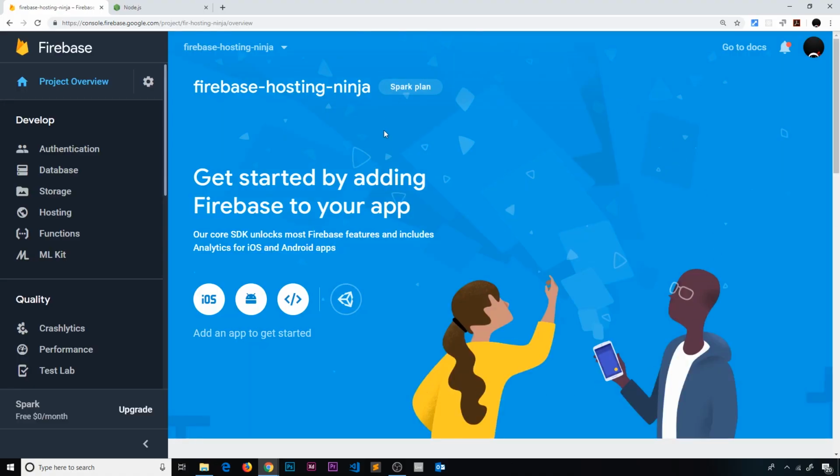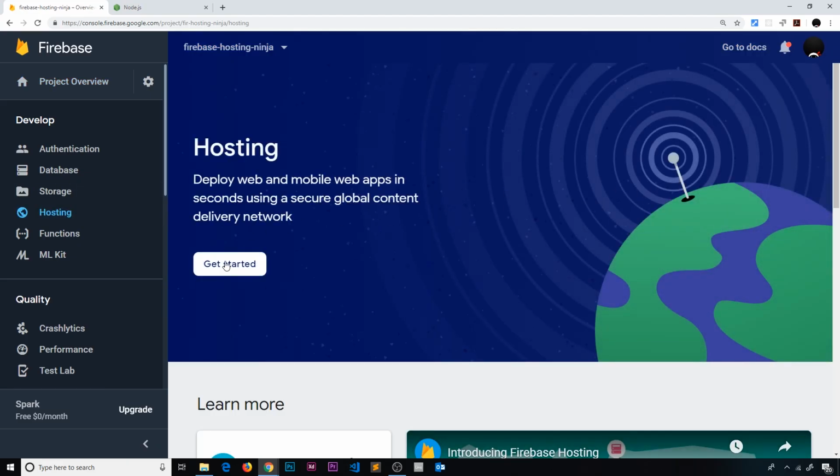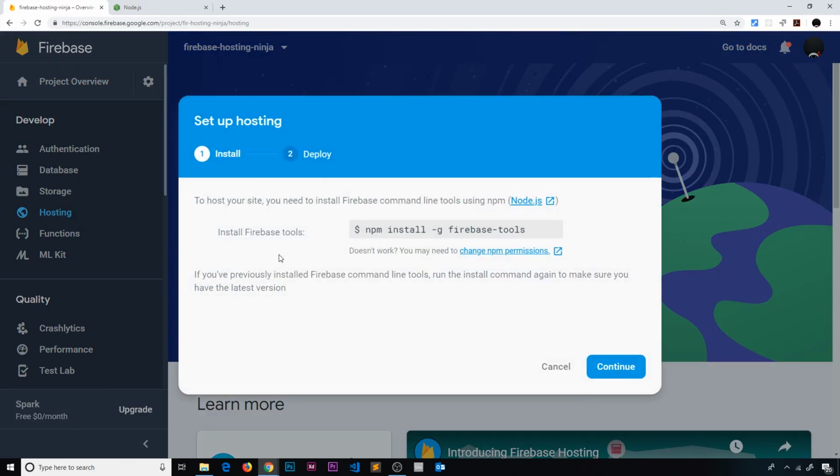And this right here, this is essentially the control panel now for the whole backend of your application. So you can see we have access to these different services over here: authentication, database, storage, hosting, functions, ML-kit, etc. and some more stuff down here. We're going to be focusing on hosting because we want to host our websites on Firebase. So click on hosting, and then after a second, if you click on get started,